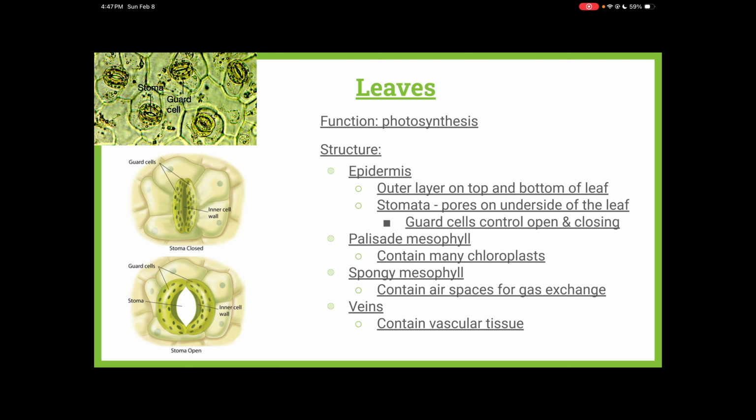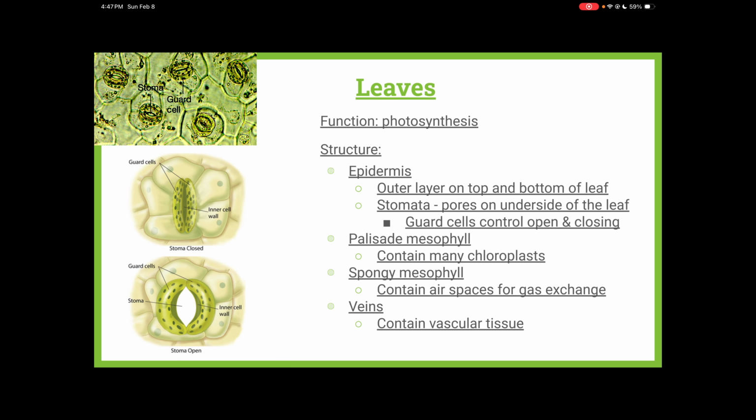Okay, so a palisade is like a fence, usually for defense, right? And so the palisade mesophyll, to me, looks like a fence of green all the way at the top. And of course, it's at the top of the leaf because that's where it gets the most sunlight. That's where the most chloroplasts are. And then right underneath that layer, you have what's called a spongy mesophyll, and it has air spaces in it